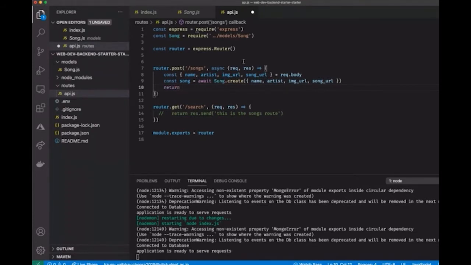This has already been completed. By the time this line runs, we have already added the data to the database. Res dot send song. So now the song has been created, and now it will be sent to the backend.